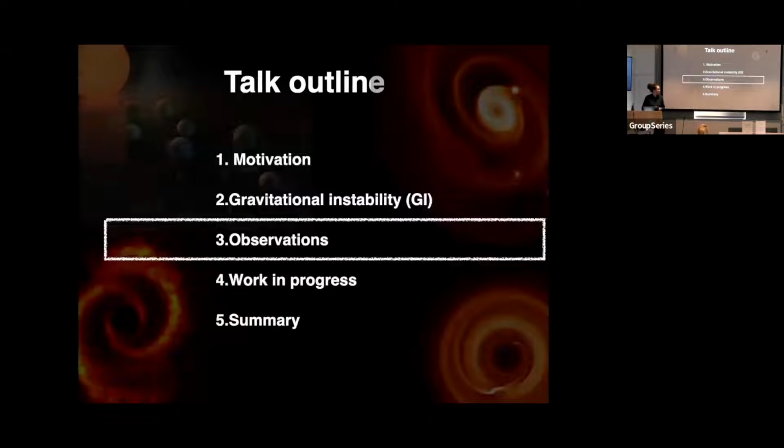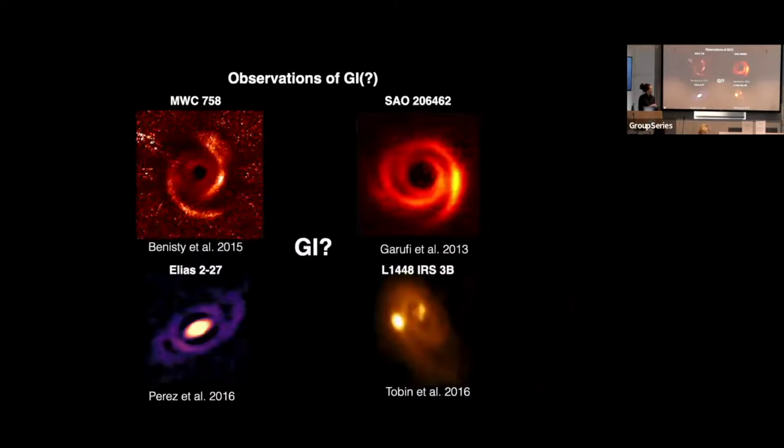Okay, so I want to talk now a little bit about some observations. Just to introduce these images, these top two images are taken in scattered light, 1.6 microns. Now with scattered light, you're typically probing material that is about 3 scale heights above the disk midplane. So really what you're seeing here are surface features. It doesn't necessarily mean that those surface features propagate down to the midplane. Indeed, for MWC 758, that's definitely the case, because we know it's a total mess if you look at it at other wavelengths. It's got all sorts of stuff going on.